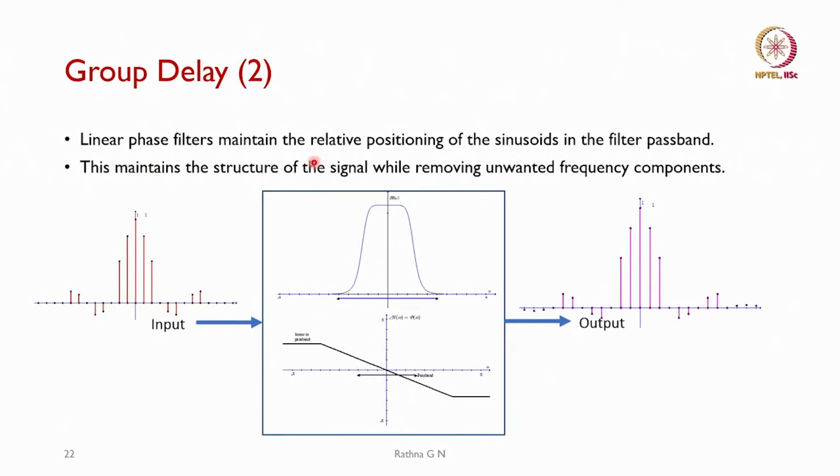So, continuing with the group delay. We know that linear phase filters maintain the relative positioning of the sinusoids in the filter passband, that is, the structure of the signal, while removing unwanted frequency components. Here this is an input, and this is a low pass filter which is represented both in the negative domain as well as the positive domain. The phase is going to be linear in this. The output after passing through will have a little delay, but it will maintain the same